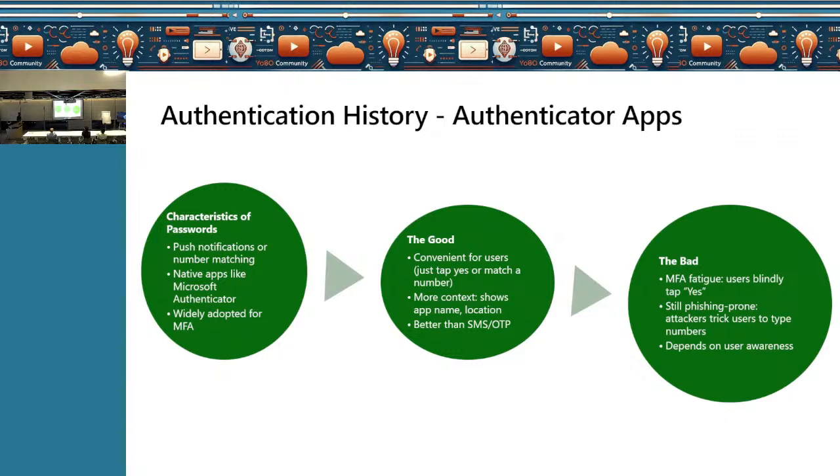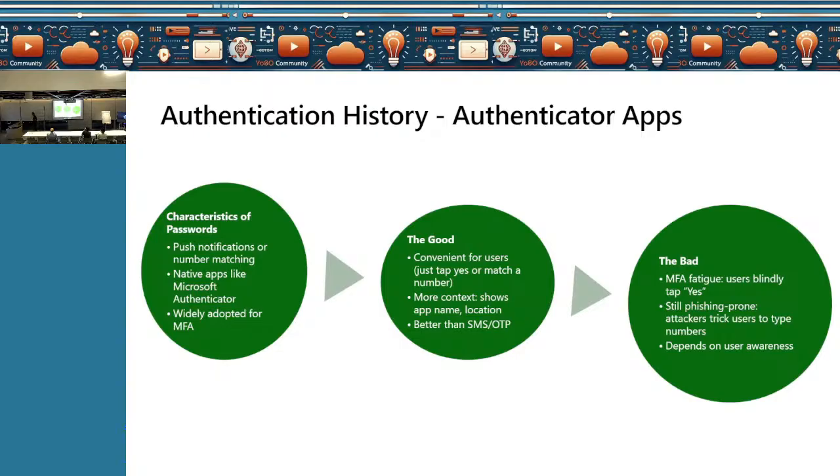Now this type is the Authenticator app. This is something which we are using a lot today. I have most of my customers using this, okay? Now, this is not just with Microsoft. This is across many, like Google has Authenticator, and I'm sure there are other authenticators present as well. Now, this is great, but the problem is that users are MFA fatigued. By fatigued, I mean users are used to entering yes for approval. And when you are used to entering yes, then you tend to approve, right? The scenario which I talked about, this is exactly that scenario, okay?